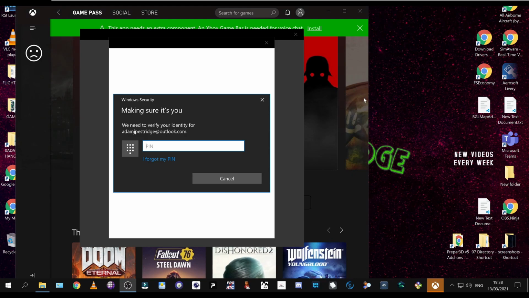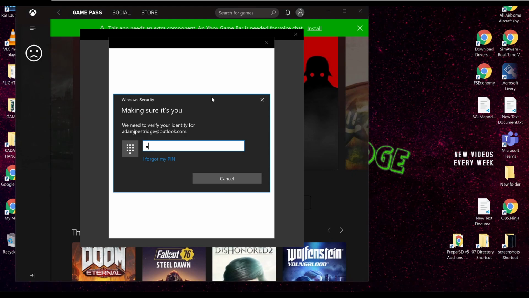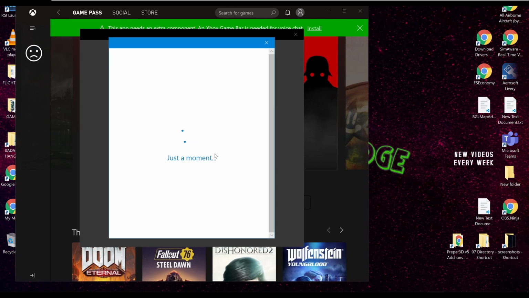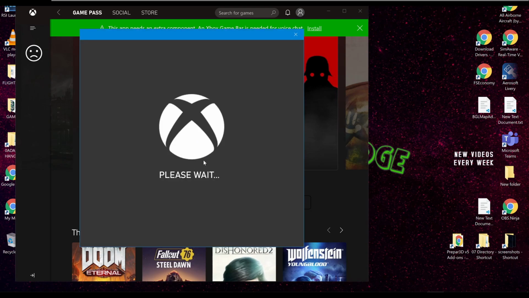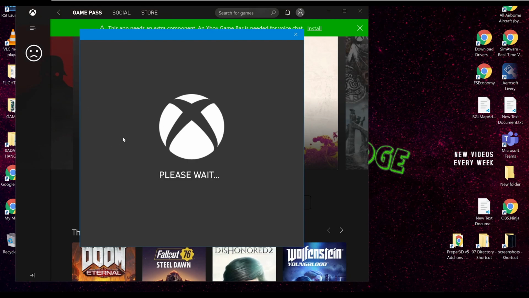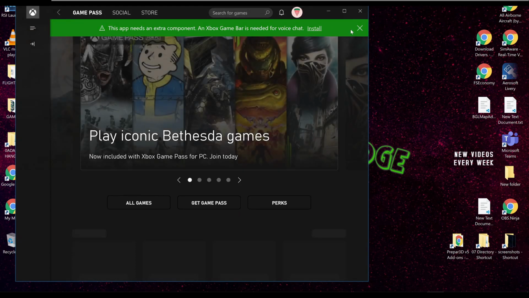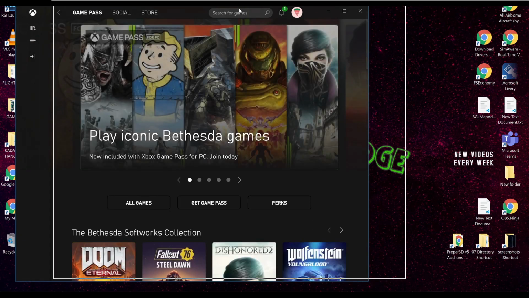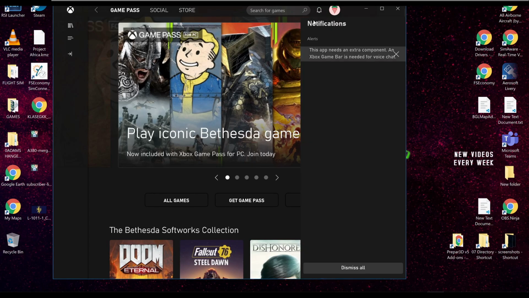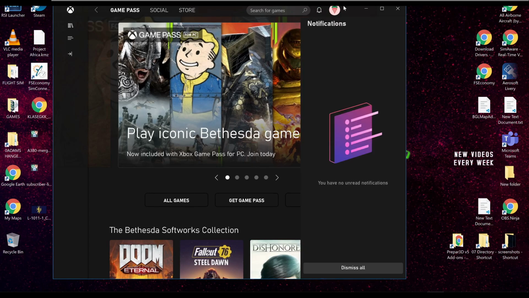Now, one thing I do really advise is that you sign in using the Microsoft Authenticator, and that you use your PIN to sign in instead of a password. It's a bit more secure than just using your password. So once you're signed into your account,